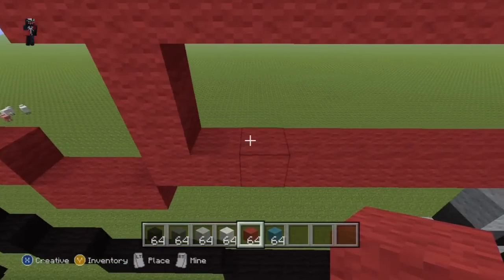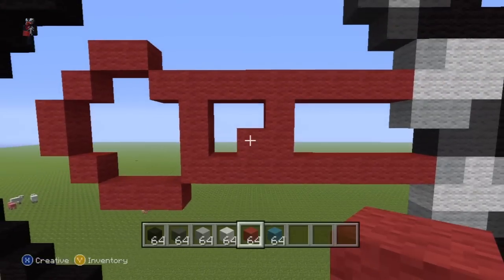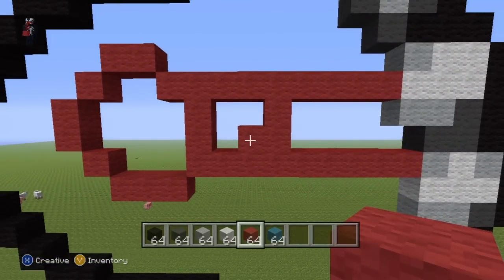You now want to add in these 3 red blocks in these positions. Again, I can't really do any better for you than just showing you exactly where you want to add in